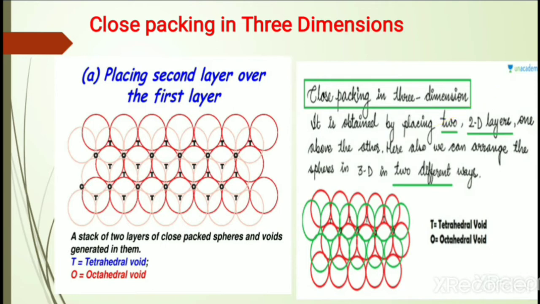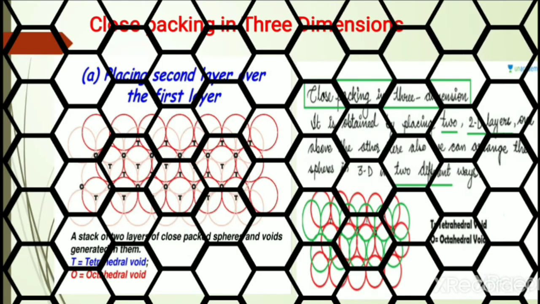Here T indicates tetrahedral void. These three-dimensional structures are obtained by placing the 2D layer one above another layer. So we can arrange the spheres in three dimensions in two different ways. Let us see how these tetrahedral voids are formed.